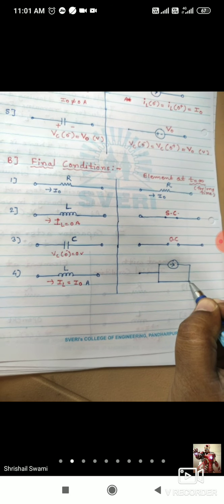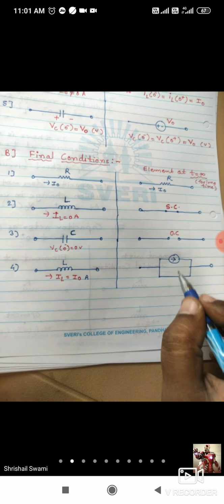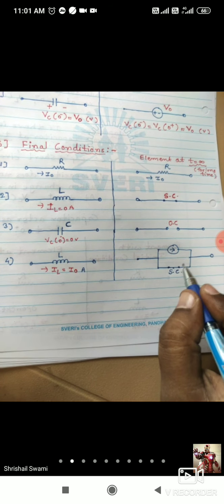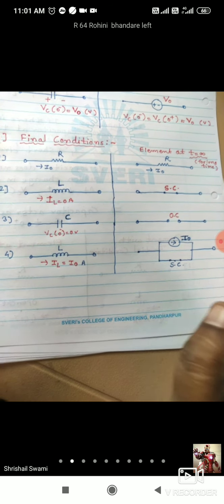It acts as a current source, but here no resistors will be there. Okay, it is acting as an ideal current source. Ideal current source लक्षात ठेवलं असेल का तुम्ही? So here it acts as a short circuit for the resistors across this. Okay, practical current source तुम्हाला दाखवलं होतं at the initial of this subject. So this value will remain I0. ह्या current source चं value I0 च राहणार, जे इथं असणार आहे. But here the resistor will become short circuit.